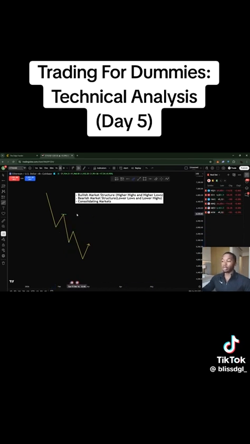And when you're looking at the charts, you need to realize that the market is always going to create higher highs and higher lows if it's trending. That means if it's bullish, the market is trending to the upside. If it's bearish, the market is trending to the downside. But then there's also something called consolidating markets. That just means that there's no clear direction of where the market is actually going right now. So it could be going up, down a little bit, up,